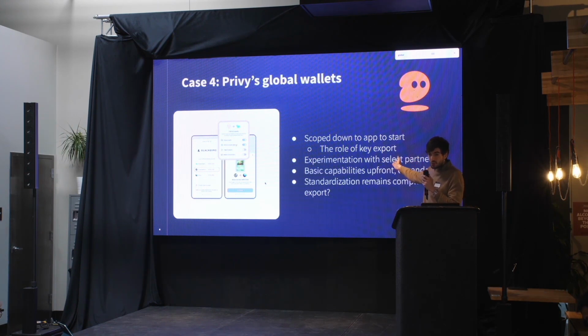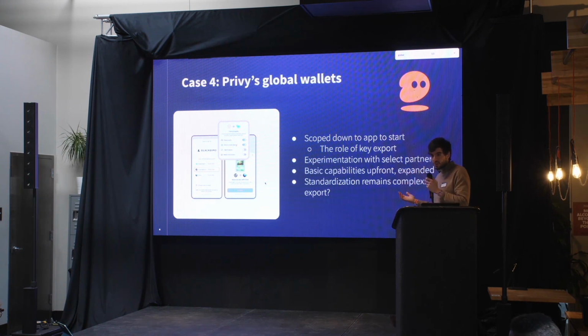And so the first sort of interoperable feature that we ever launched was key export, which felt like a necessary launch item for us because we know that at some point the system will limit you. One of the advantages you get with embedded wallets, for example, is you are scoped to a given chain. What that means is if you send the wrong asset to that chain, you can't really recover your assets in-app. You need to pop the wallet out and take action outside of the app. And so this is, again, part of the trade-offs of permissions.